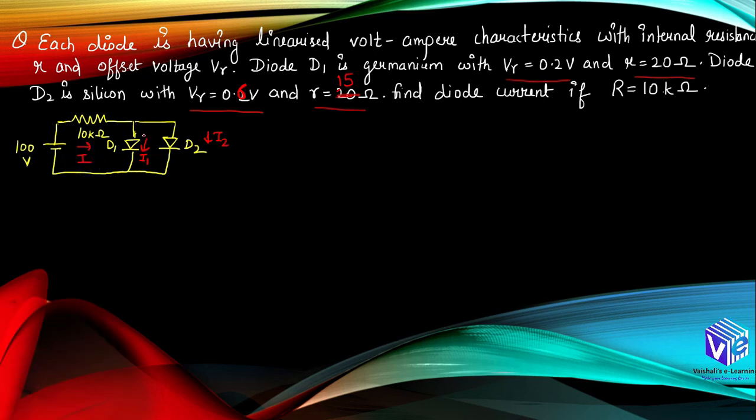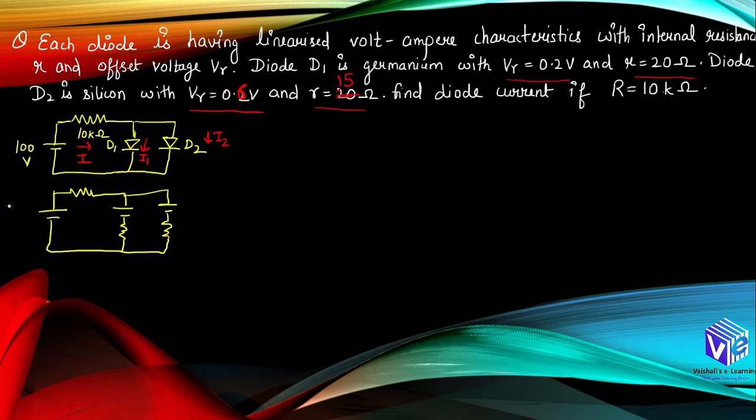Right, so now we will be replacing the diode with its equivalent circuit. It is given that the diode can be represented with voltage and resistance. So now I will be making one more circuit, which is the same circuit, but instead of the diode I will be using the voltage and the resistance. So here I will be taking V1 and R1 instead of diode 1, and here I will be taking V2 and R2 instead of diode 2, right?